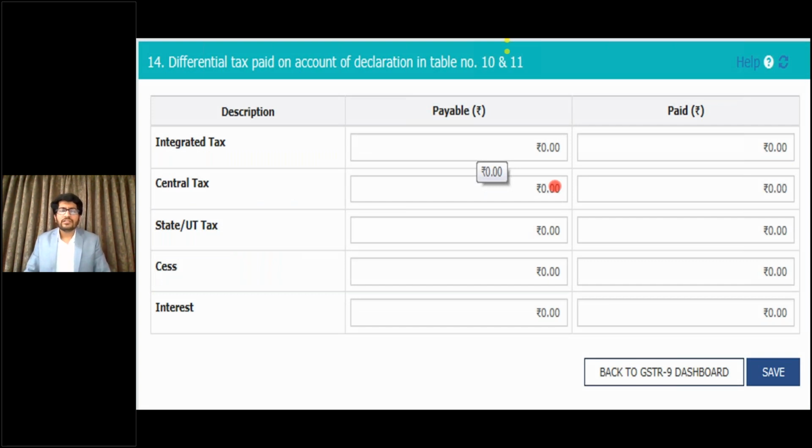Table 14 has become redundant now because of tax payable and tax paid. If I am going to file GSTR 9 as per GSTR 1, this is a very logical question: you have reported sales in GSTR 1, but have you paid tax on the same? But we are filing GSTR 9 as per audited financial statements, taking the base of GSTR 3B, and it is not possible to declare something in 3B but not pay tax on the same. Hence, table 14 should always remain nil.